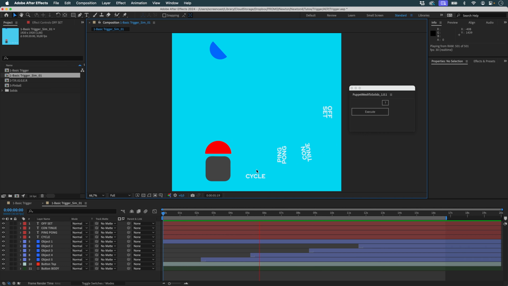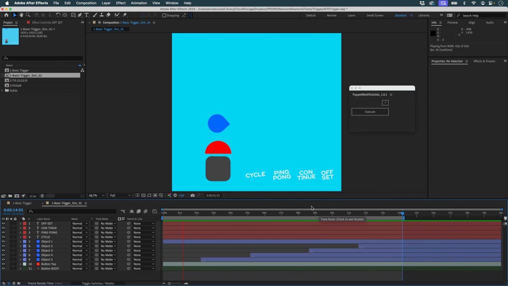So the cycle object, its animation cycles, meaning that when it finishes its animation, it immediately returns to its first position. The ping pong object will reverse its animation on each contact. Continuous: on first contact, it will start its animation. Then, each time there is contact, it will move forward a little in the continuity of its movement. And offset: it will continue its animation each time, making an offset. Note also that if there is a contact while the animation is running, this contact is ignored. The trigger must therefore no longer be in motion.